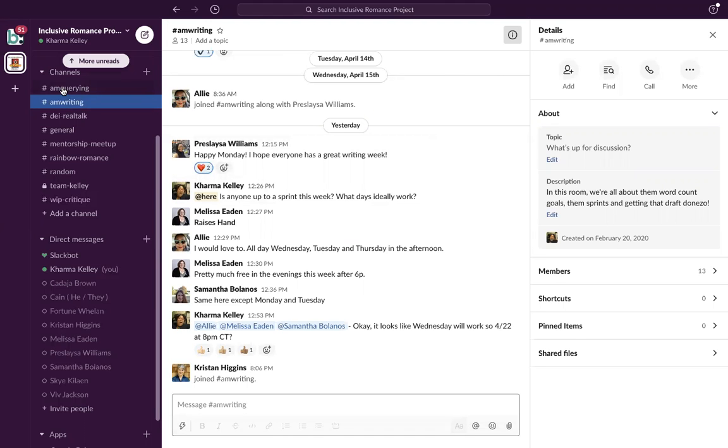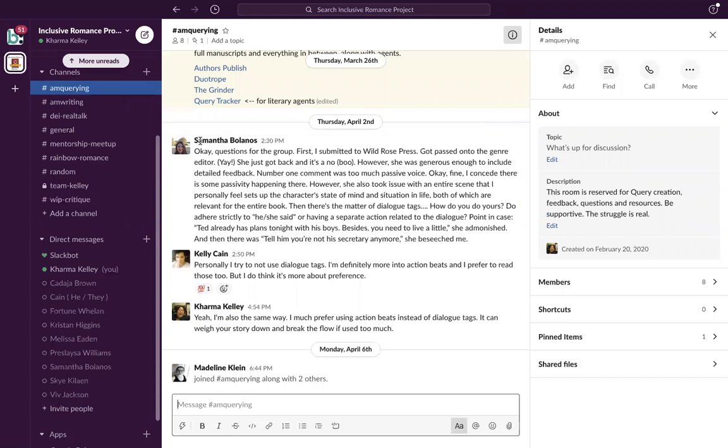And then the AM querying group for those who have questions around queries, information and resources around that. This room is for writers who are actually in that process of that journey. So those are the rooms that are in effect as I'm recording this.